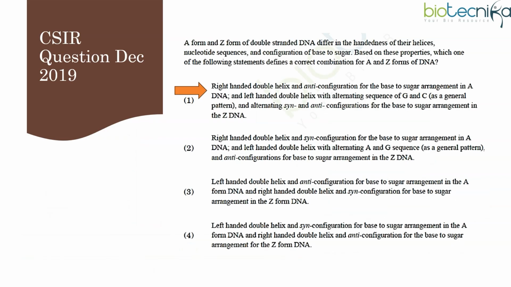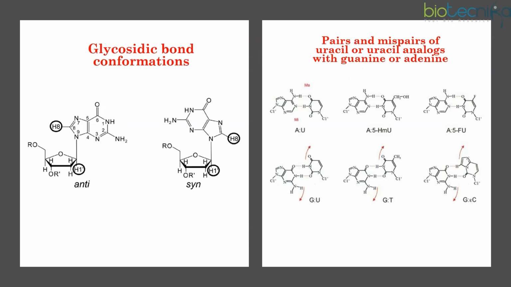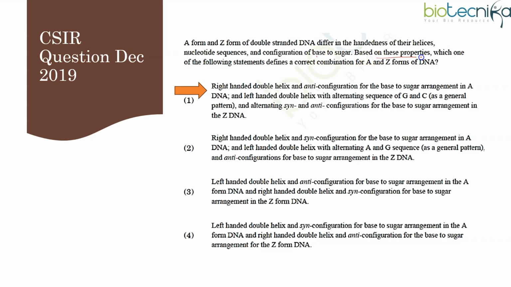Okay. So we also have one more question regarding this from December 2019, which is again regarding A and Z DNA. That is different forms of the DNA, right? So A and Z forms, they are not so common, but they will appear sometimes. They are double-stranded DNA, which differ in the handedness of their helices, nucleotides, and configuration of the base to sugar. Now, based on these properties, which one of the following defines a correct combination of A and Z forms